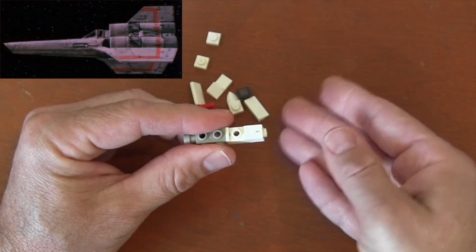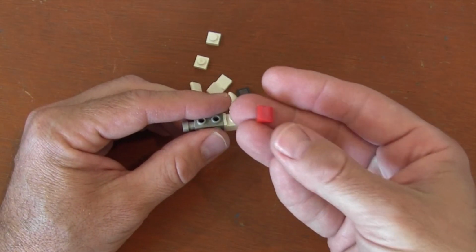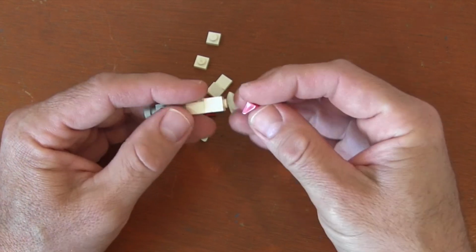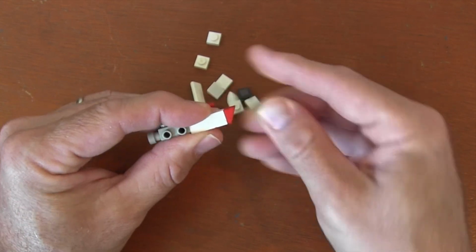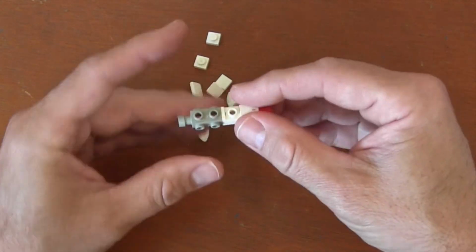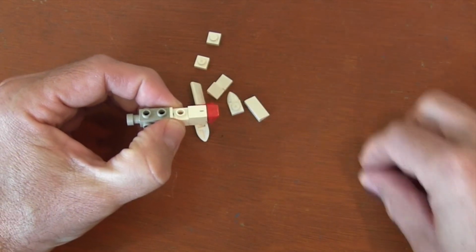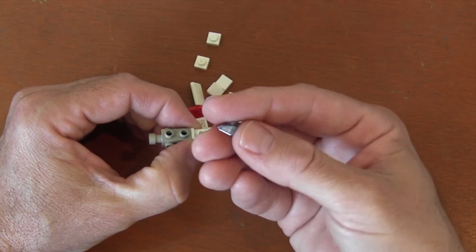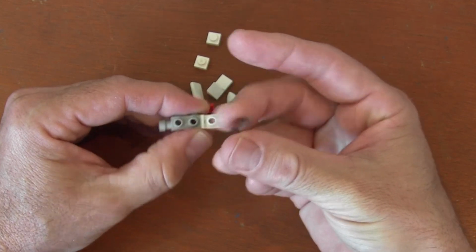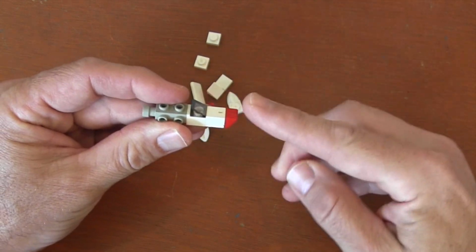And then of course when you look at the Viper, it's got that red tip on the cone. So what I'm going to do is get a cheese wedge slope in this red color and have it so that the thin end is on the bottom and it slopes up to the top to create the nose of my Viper. Now on the top of my Viper, the headlight brick, to create the canopy of my Viper, I'm going to use another cheese wedge slope, but this time in translucent black. And I'm going to put it so the thin end is in the front